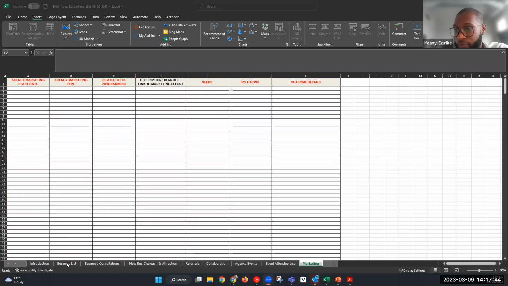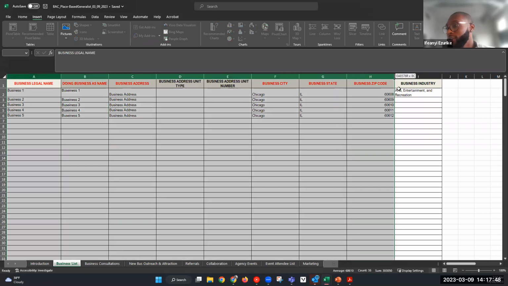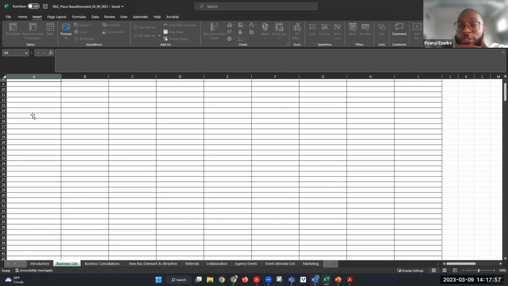For example, remember I showed you how to use the business list tab. Let me share my screen again. This is just a pro tip. What I would do is copy this entire tab and keep it somewhere in your directory and just keep using it, keep adding on to it.